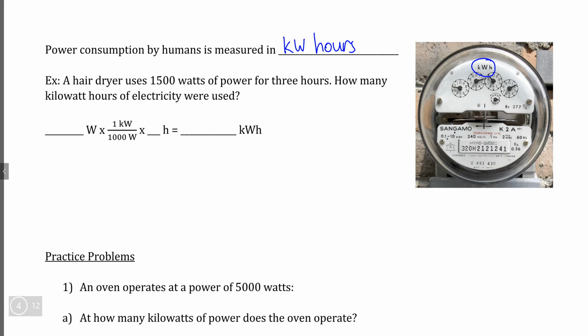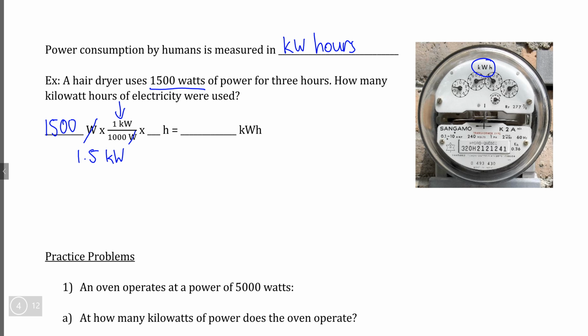So the first thing that we need to do is find the number of watts of power that a device uses. So in this case, we're looking at a hairdryer. So if we have 1,500 watts, then we need to find out how many kilowatts that is. So here is our conversion factor. Again, we know that 1 kilowatt is equal to 1,000 watts. So if we do 1,500 divided by 1,000, this comes to 1.5 kilowatts,